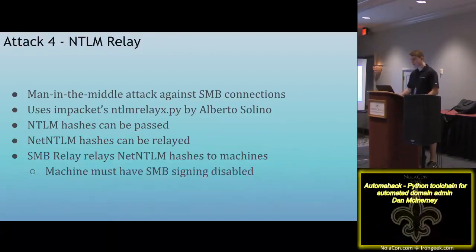I'm not sure if Windows 10 now has that enabled by default too, but it hasn't been enabled for the last several versions of Windows. SMB signing actually slows down the network connection by about 15%. So there's a valid reason why you would want to disable it. So it's disabled all the time, especially in older systems. So once you have those two caveats met, then NTLM relay is just going to go ham all over the